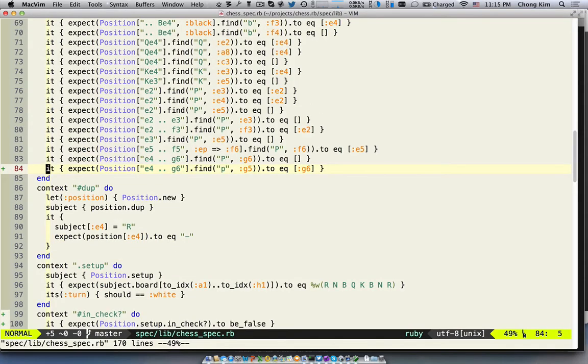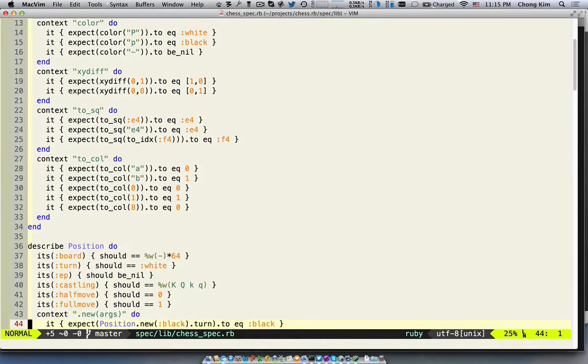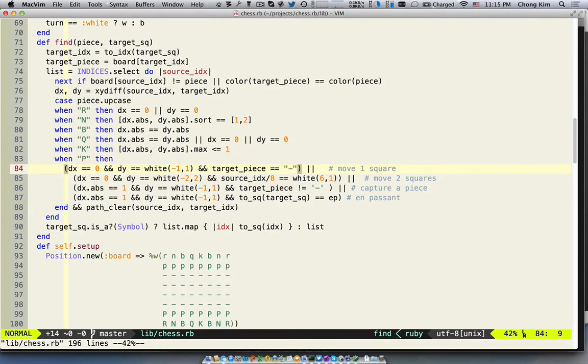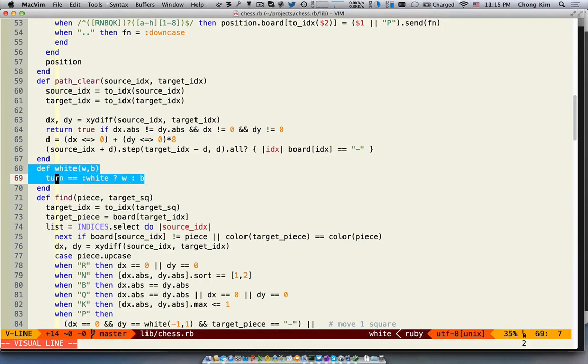Actually, let's see if we have a white. Okay, so we don't have any tests for white. And so I'm actually going to delete white here